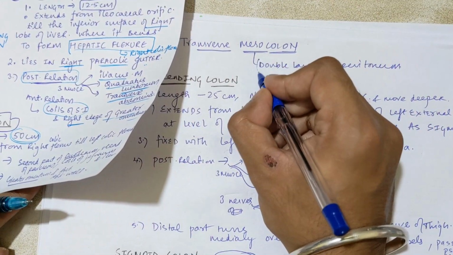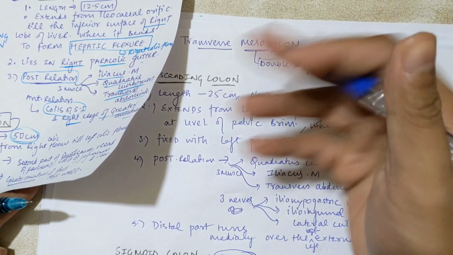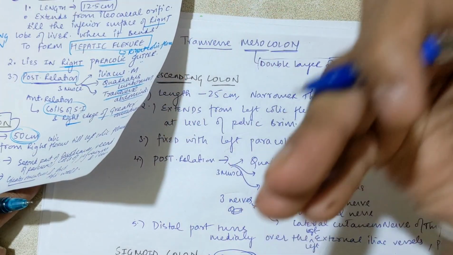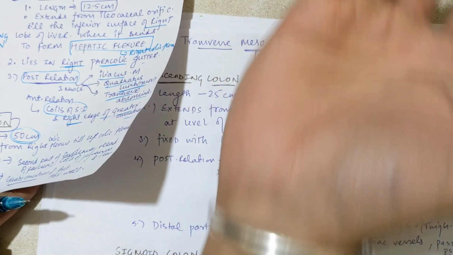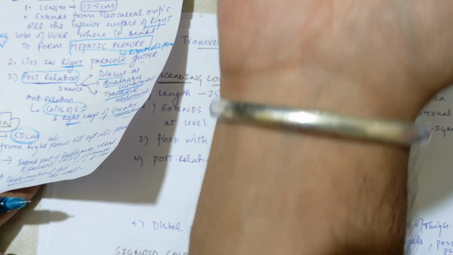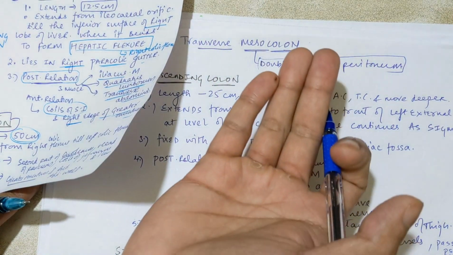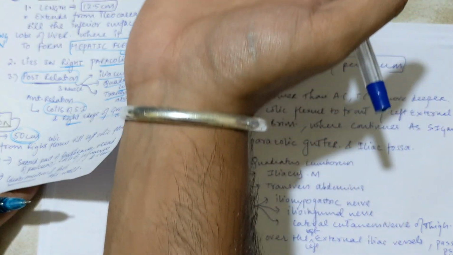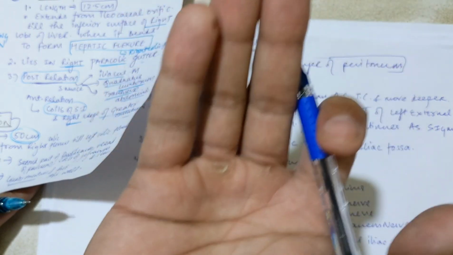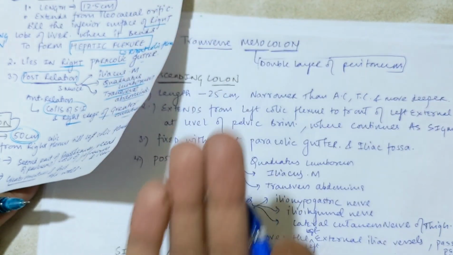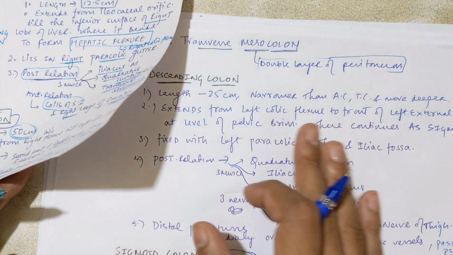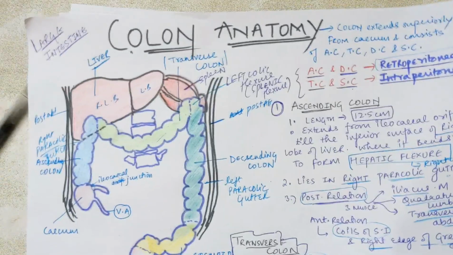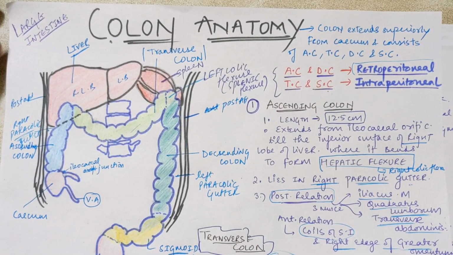So mesentery is nothing, it is a double layer of your peritoneum, that is it will be covering from anterior side also, on the sides also, and from the posterior side also. So it will be coming from the anterior side, again taking the turn from the posterior side, and it will be going backward towards the upper side. So it is forming a double layer of fold on the transverse colon. Clear this much? So this is a peritoneal covering for transverse mesocolon. This is mesentery and the specific feature for transverse colon.